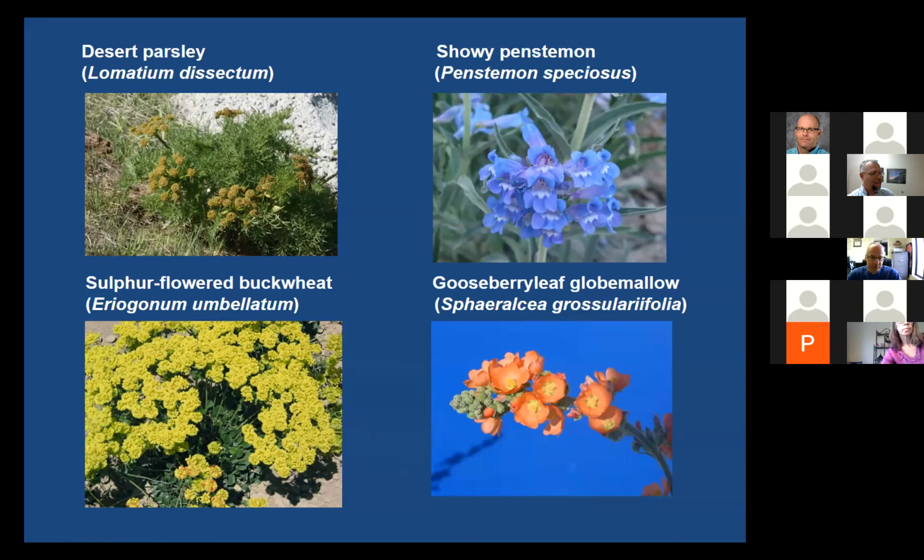They have different longevities. The penstemons usually only, the stand is only good for about 3 years, and then you have to replant. The buckwheats and the Lomatiums, we've had them 14 years or more, the same stand, and they're still pretty vigorous. I don't know whether you want to do that as far as seed production goes for certification, but they can be long-lived.